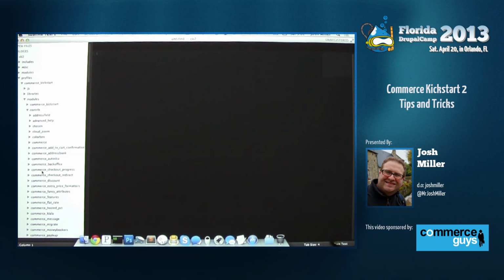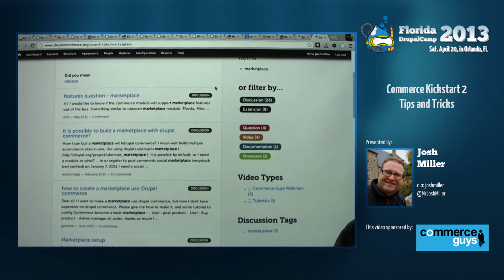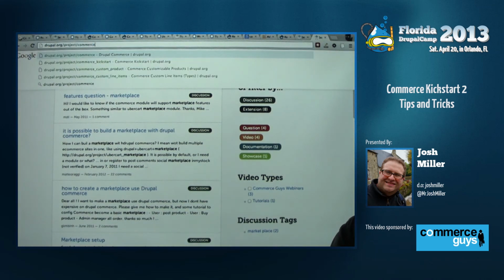Because there's lots of things that could happen. Kickstart 1, this is probably a tip I should put in here. If I were building a store, specifically myself, as opposed to telling someone how to build it, I would likely start with Kickstart 1, not 2. That's not necessarily a recommendation to do that, but if you go and look at the source code on Drupal.org, you will see, well,